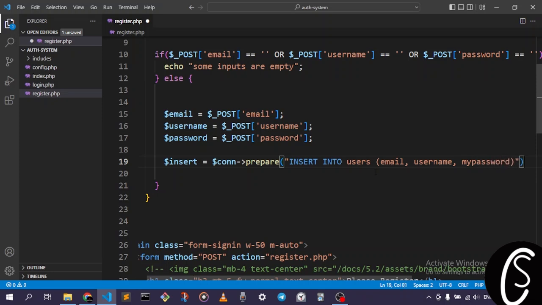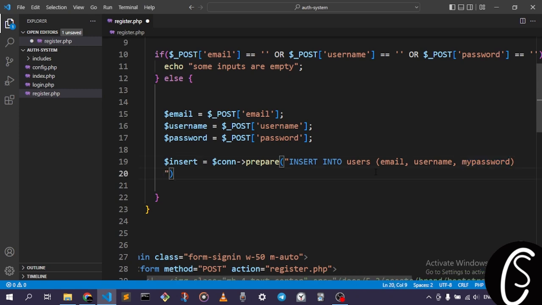Let's call it this because the word password is already a keyword in MySQL, so we're going to avoid this and write my password. And now we are going to specify our own values. We're going to go values, and we are going to put some handlers down over here,